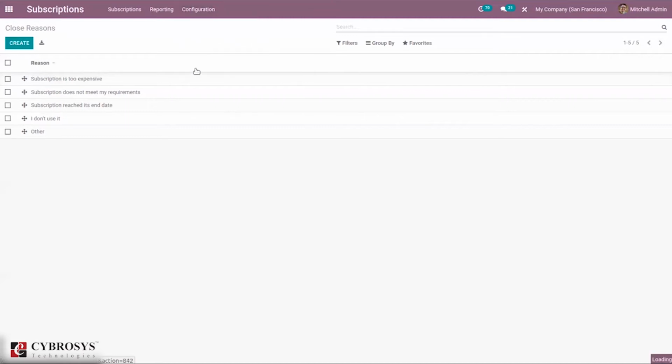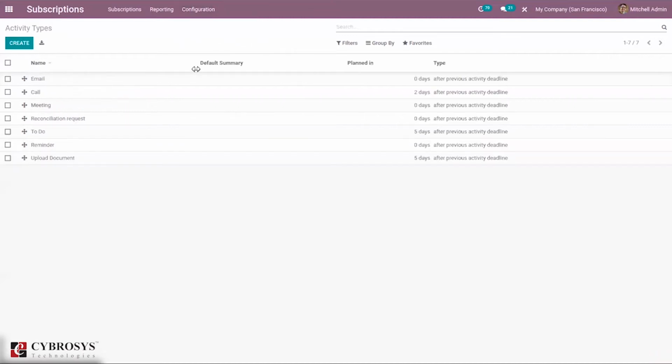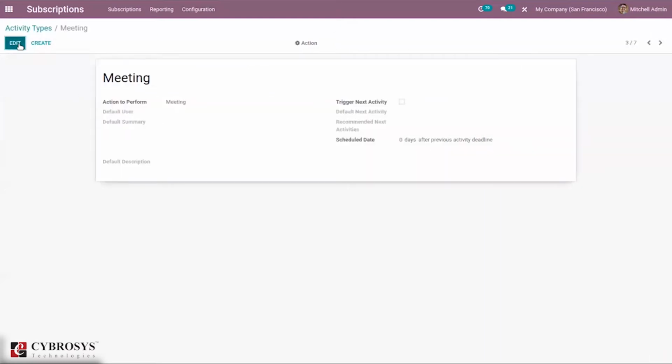And then we can set the activity types. You have seen that we can schedule activities, which can be called meeting. It is possible to create and configure activity types, so we can create more activity types from here. If you click on meeting, you can see the action to perform.